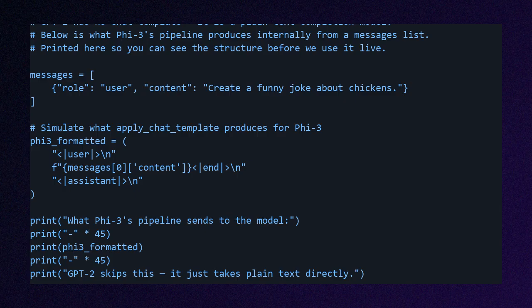Pipe character end pipe character closes it. Pipe character assistant pipe character is the cue that tells the model to start generating its response. GPT-2 has no concept of these tokens, which is why it takes plain text instead. When we switch to Phi-3 in a later video, the pipeline handles all of this automatically behind the scenes.